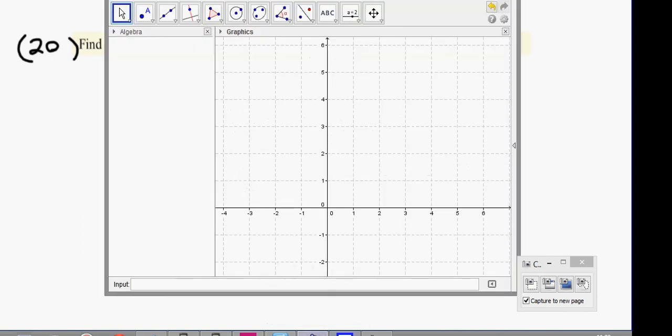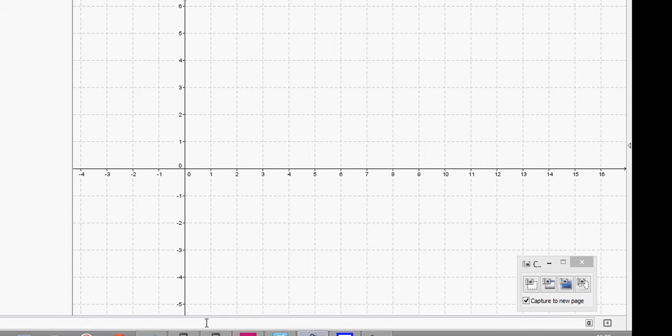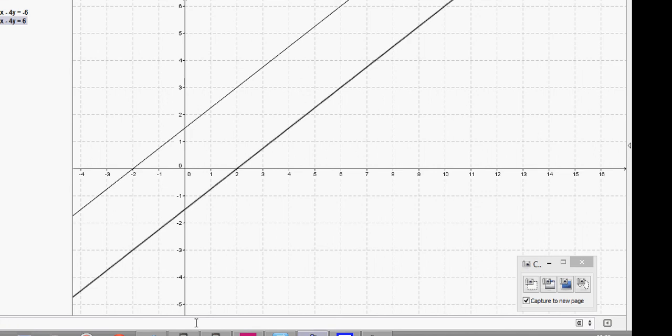I'll show you now. We're going to do 3x minus 4y plus 6 equals 0. There's that line there. Now I'm going to do 3x minus 4y minus 6 equals 0. What do you know about both lines? Parallel. But when I change the constant value at the end, when I change the c value, it changes where